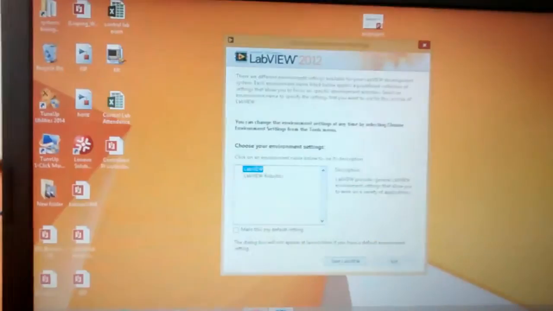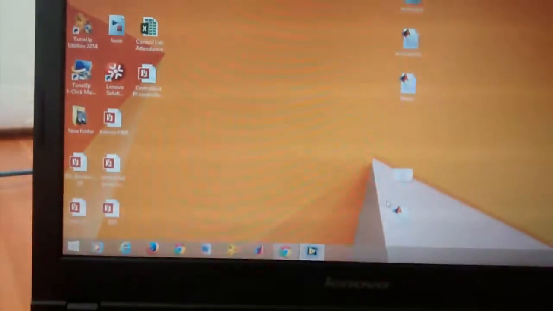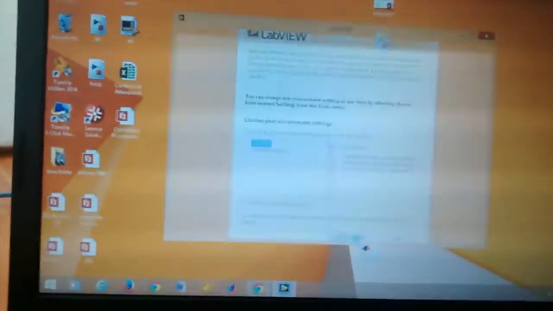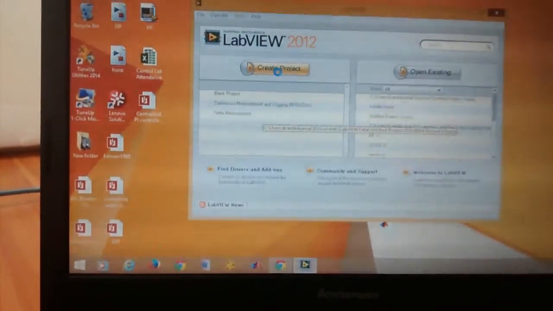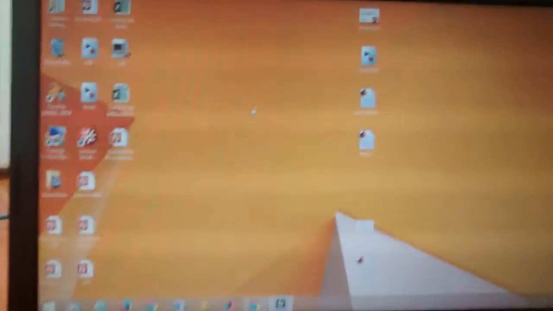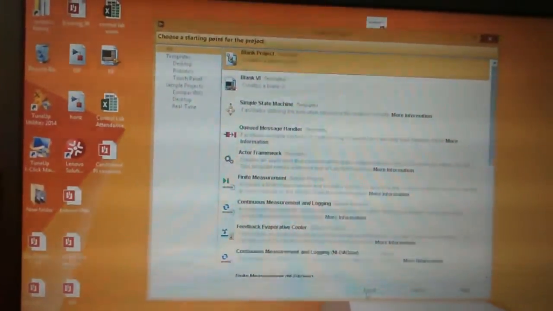Now open the LabVIEW window. Here open a new VI.